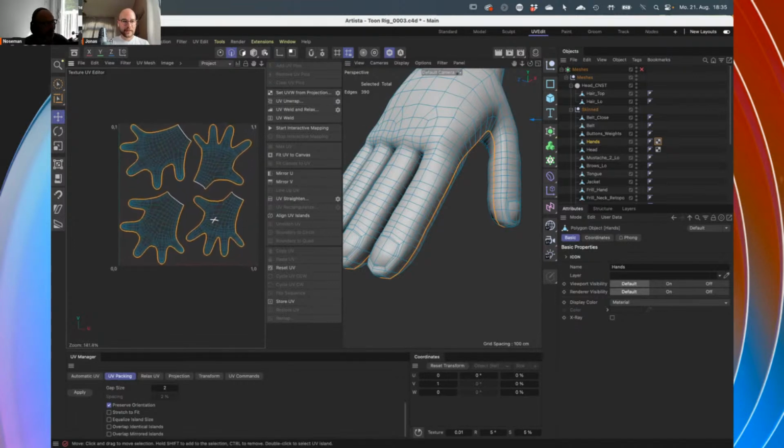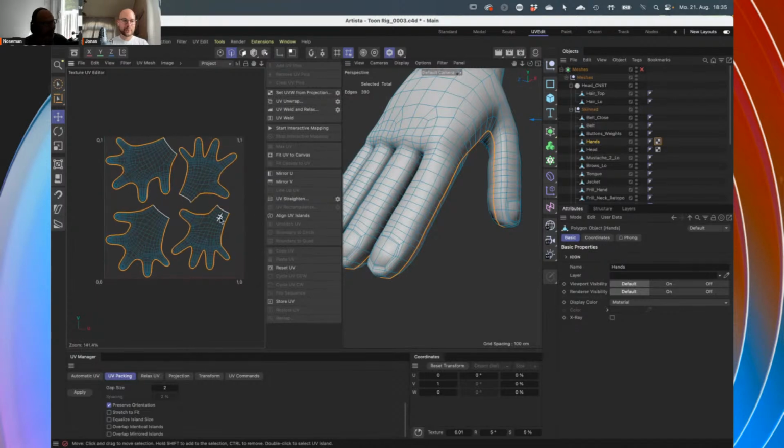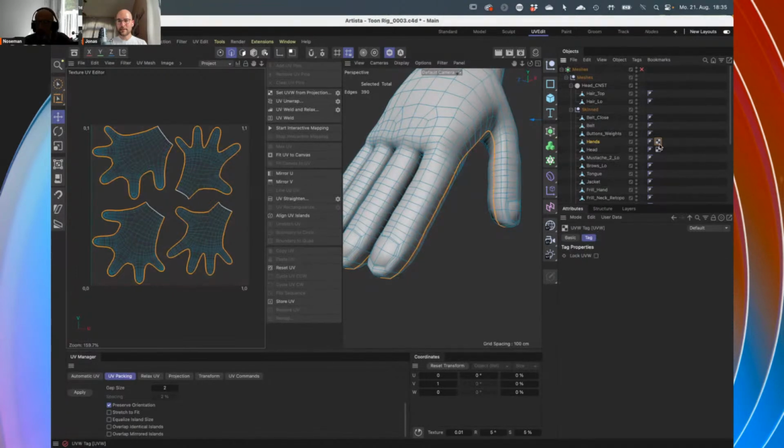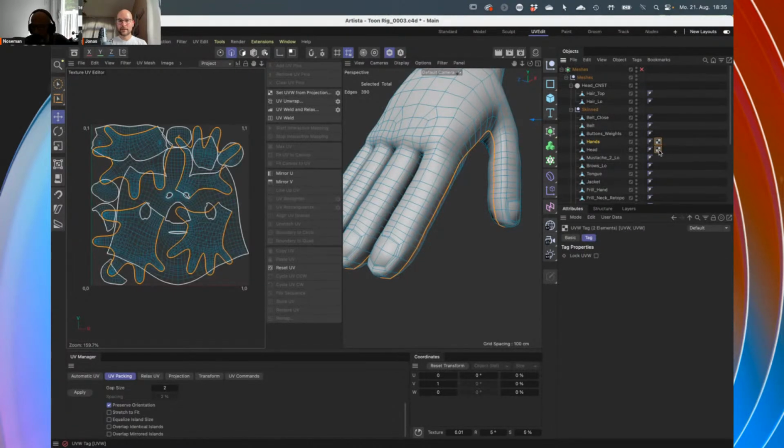And well, we could align these islands. We could do a lot of other stuff, but let me just show you how you would bring the hands and the head into the same UV space. And it's very simple. You just select both of them, and then you again go to UV packing, and well, let's preserve the orientations. Let's equalize the island sizes. What this means is that,